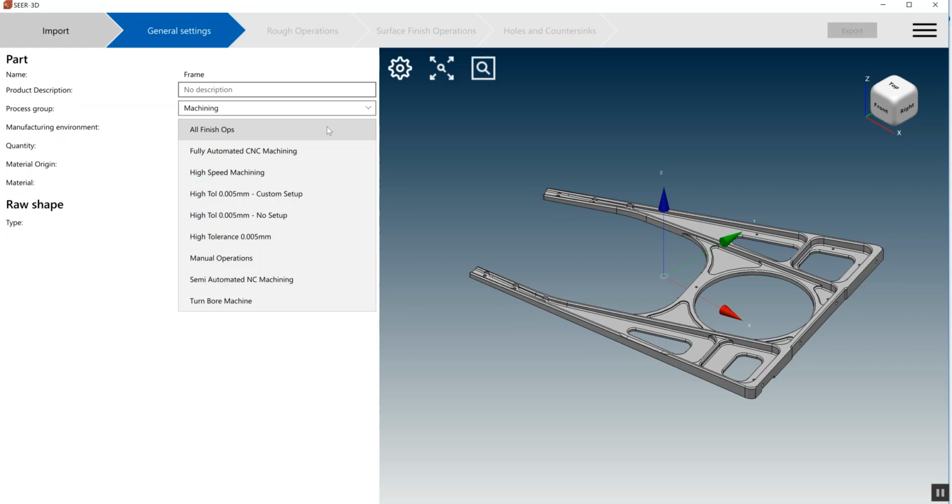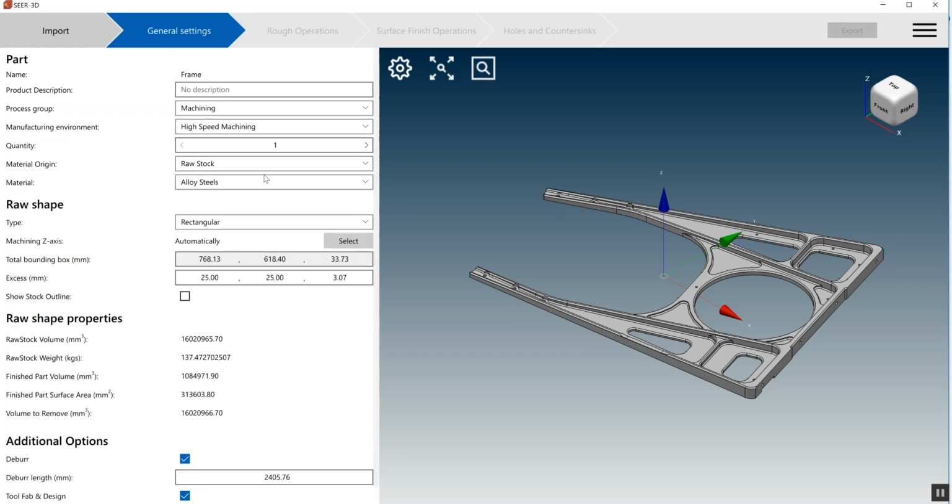Manufacturing environments are customizable. They can be part, material, machine or location specific. They predefine the starting conditions for the basis of estimate. You can learn how to modify and create manufacturing environments from the help file option. Once the manufacturing environment is selected, enter a quantity, how many you're going to make,